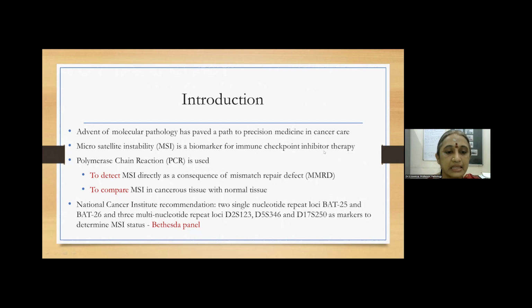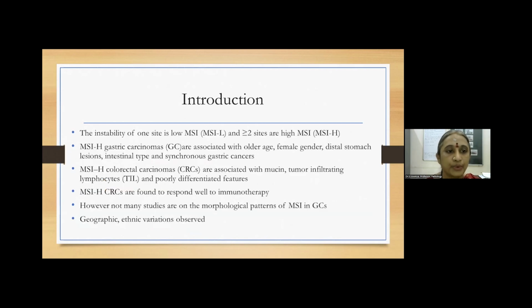So, the National Cancer Institute has recommended a Bethesda panel, which comprises 5 markers, incorporating 2 single nucleotide repeat loci and 3 multinucleotide repeat loci. Now, the instability of one site is considered as microsatellite instability low status, and 2 or more sites are considered as high MSI. In gastric carcinomas, the microsatellite high status is associated with older age group, female gender, distal stomach